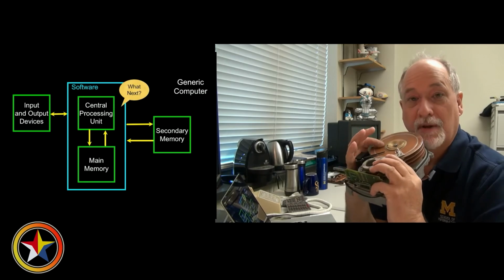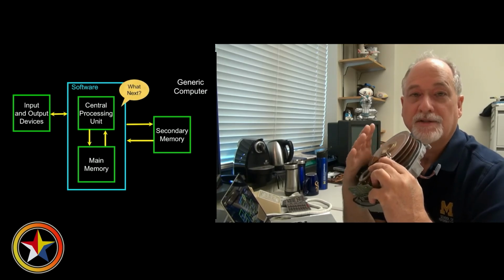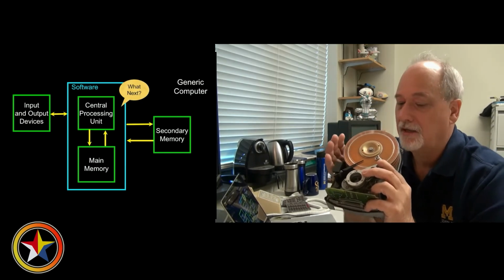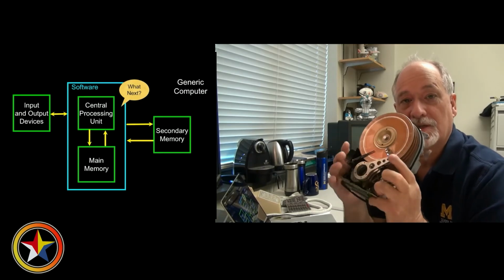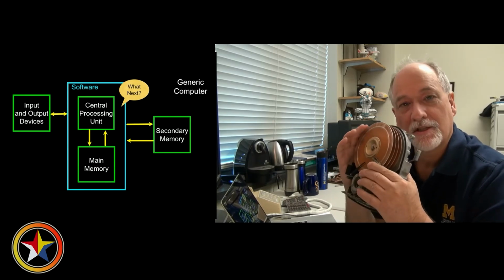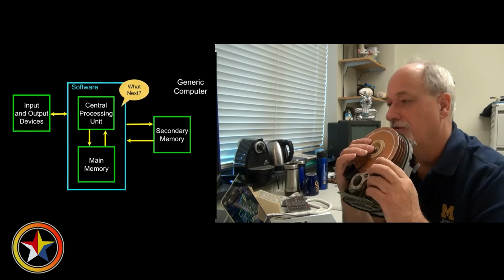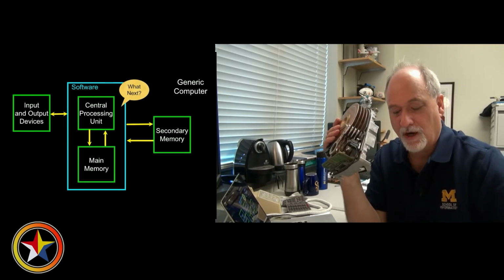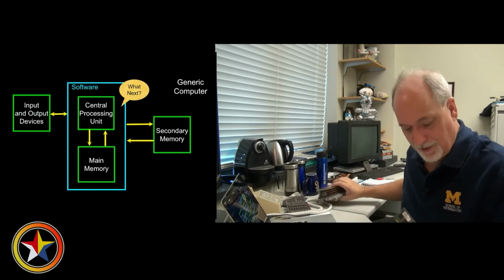And so this is just using magnetic material and electronics that magnetize and demagnetize this stuff. If you look at a disc, physical discs are often rated in revolutions per minute, which is how many times this thing spins around. If you've got an old desktop and you hear it spin up, this is the thing that's spinning. It's the place that your operating system, your files, and your applications live while the computer's turned off. And then they're loaded into this while they're running, and then